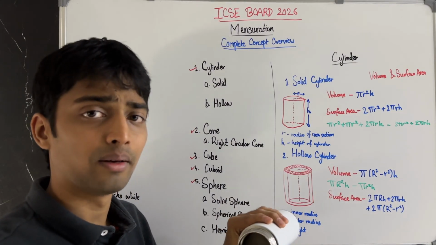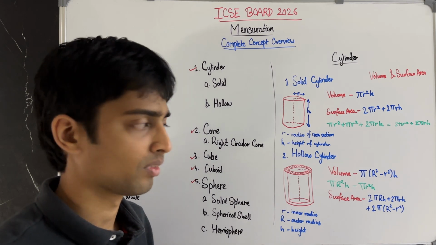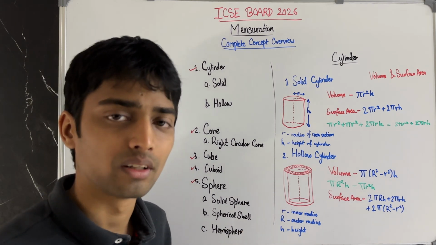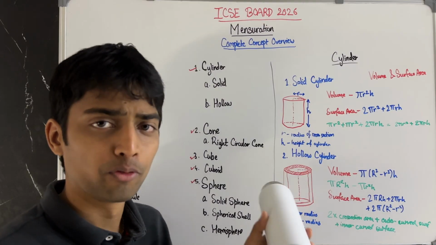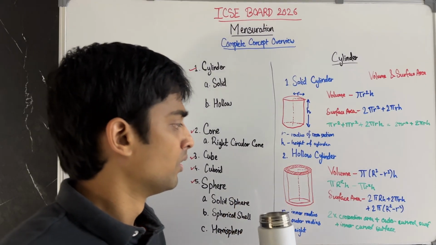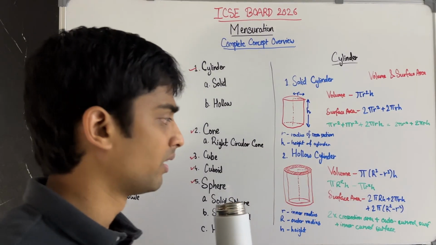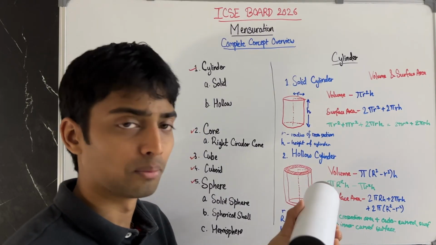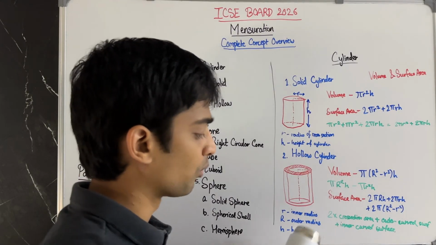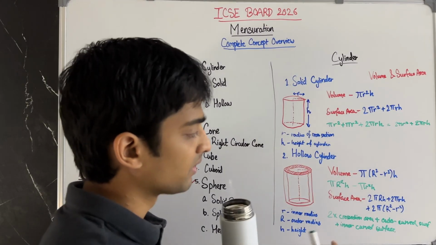So the inside volume will be subtracted. This was the volume of the hollow cylinder. So for surface area, imagine this is also open from the bottom. The total surface area would be 2 multiplied by the cross section area, so this cross section and the bottom cross section, plus the outer curved surface area plus the inner curved surface